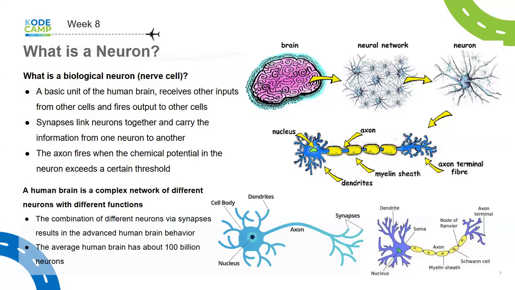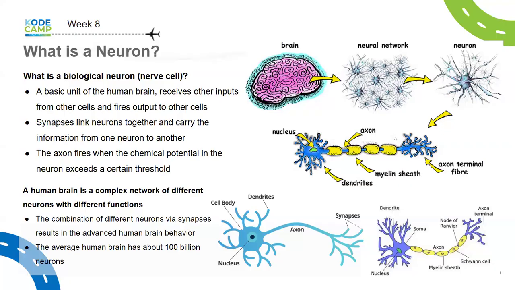It's a basic unit of the human brain. So the brain is made up of neurons that combine to form parts of the brain, which sometimes are called lobes. And then you have the hemispheres, where all the lobes come together. You have two hemispheres, left and right hemisphere. Okay. Then the way a biological neuron connects, it receives inputs